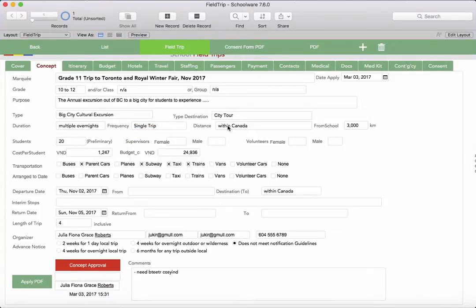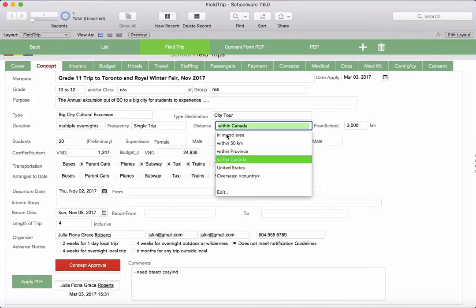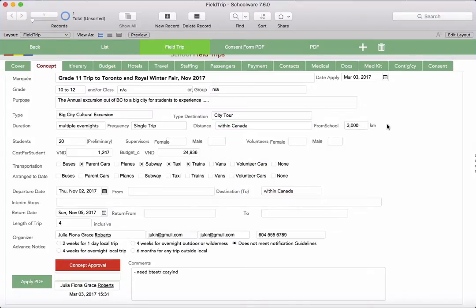The distance is set up as in the metro area, within 50 kilometers, in the province, within Canada, in the United States, or it's overseas and you need to put the country in. And the distance from the school, of course, is just more important, of course, if it's only 25 kilometers than 3,000, but it puts it into perspective. We then have a spot for the students, as how many students we're estimating the preliminary